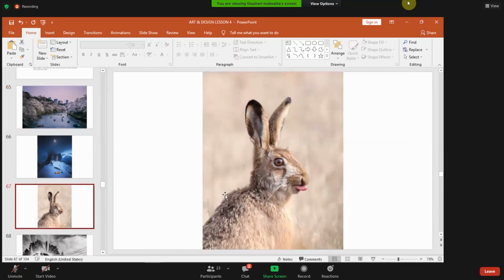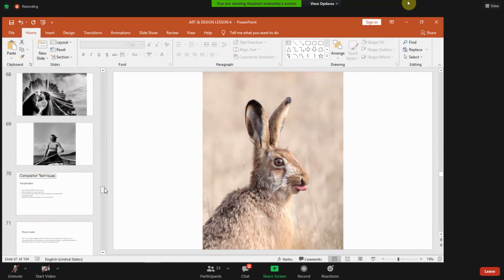Here, the background is out of focus. So you are focusing on this rabbit only. And even with this rabbit, we don't see the pose, we don't see any action. It's very simple. Just the face, just this area we are focusing on. So simplification is the first technique,